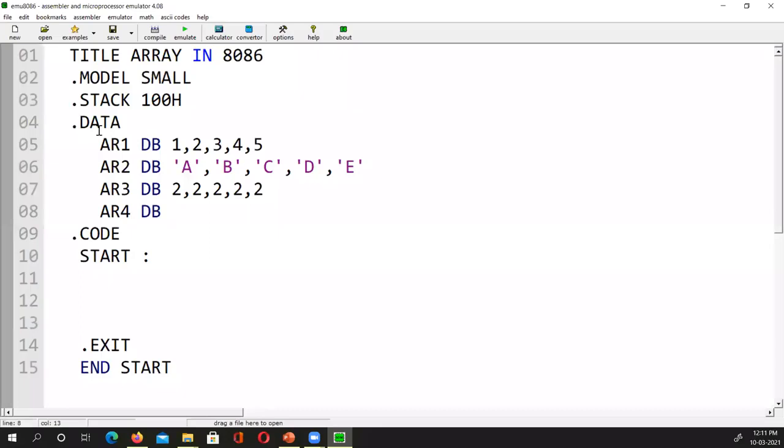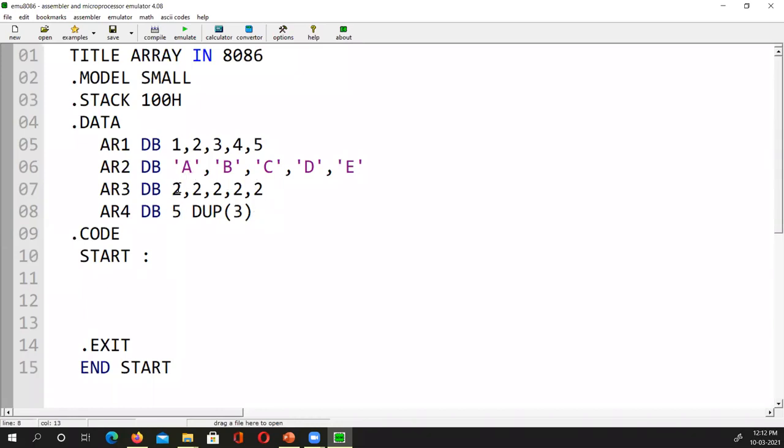I have to say how many times I want to repeat, say 5, so 5 DUP, and what you want to duplicate is 2 or 3, or in ASCII single quotes 'A', you can write anything there. That thing will be repeated 5 times, so 3 will be there 5 times in your array. You don't have to write 3, 3, 3, 3, 3. You can write it the short way.